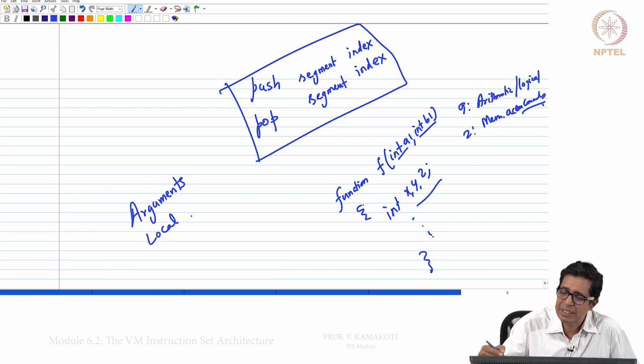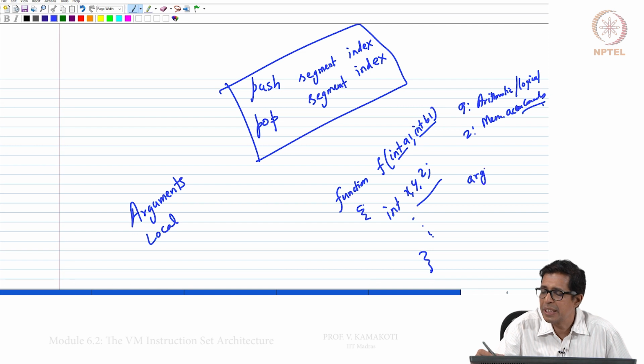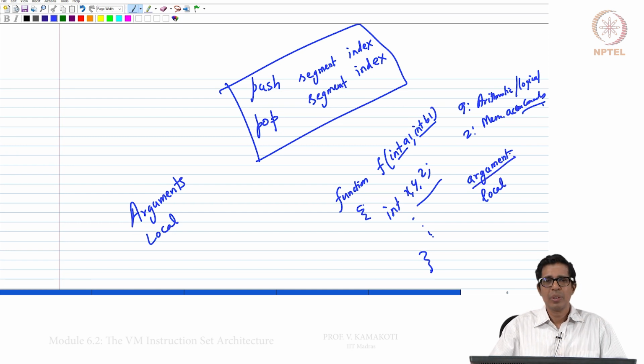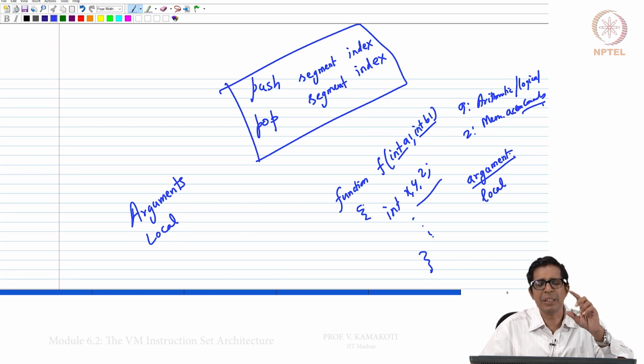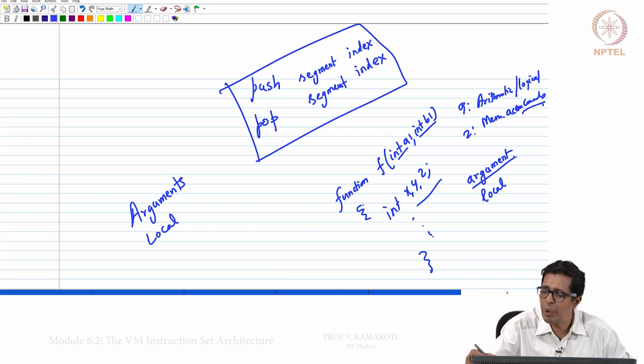As far as the VM is concerned, these arguments will be stored in a segment called argument, and the local variables will be stored in a segment called local. Argument is one memory segment which can hold 2 variables, namely a1 and b1.